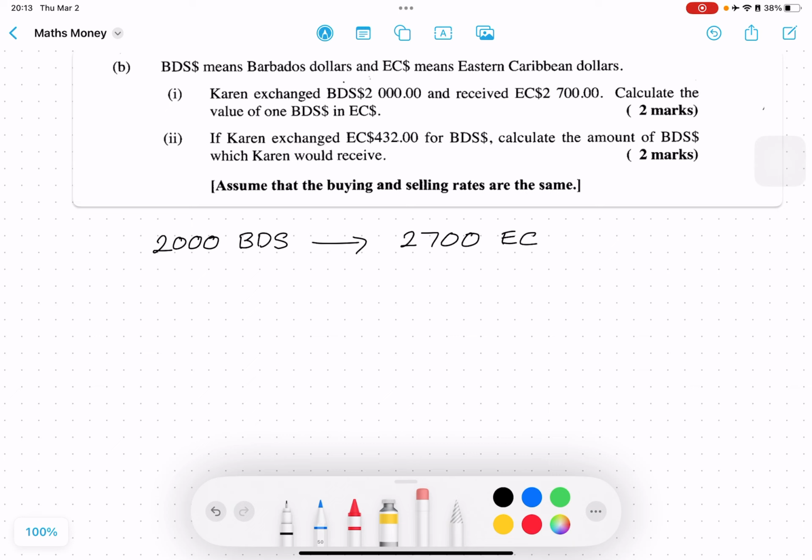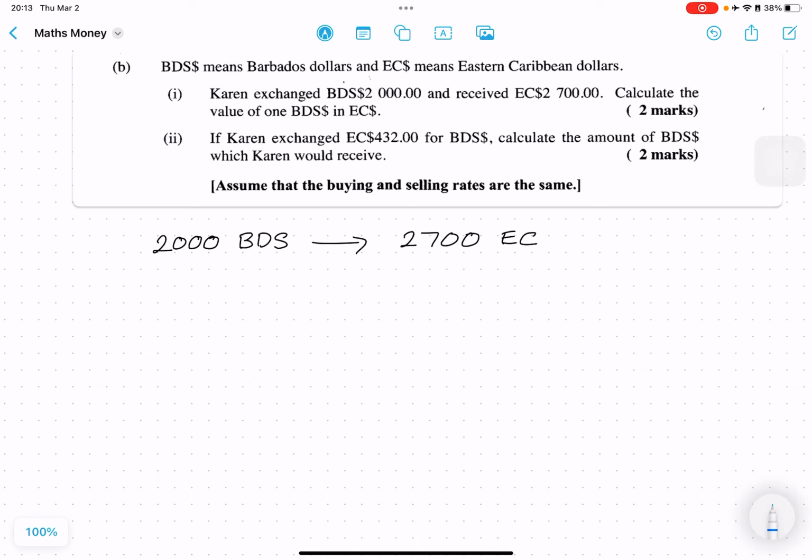If we were to divide the 2,000 by itself, anything divided by itself is 1. Right? So if we were to divide 2,000 by 2,000, we would get the 1 Barbados dollar they're looking for. But in an equation such as this one, whatever you do on one side, you have to do it on the other side as well. So if you divide by 2,000 on the left hand side, on the right hand side you also need to divide by 2,000. So yes, you would get 1 on this side, but you will now get